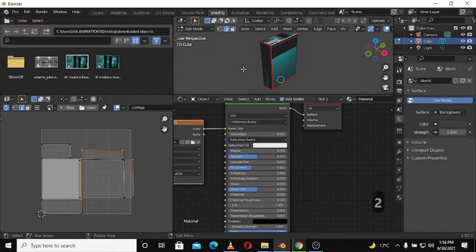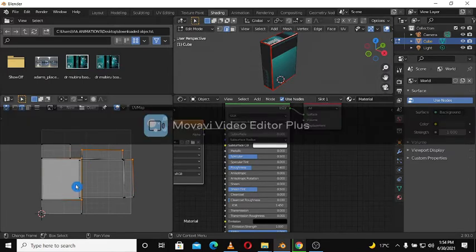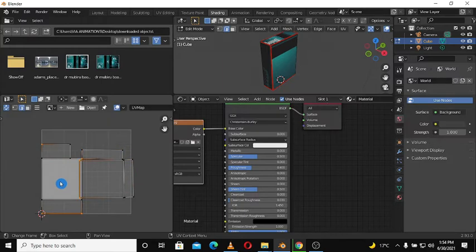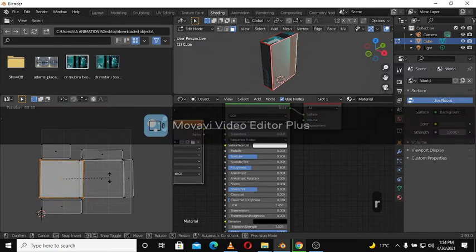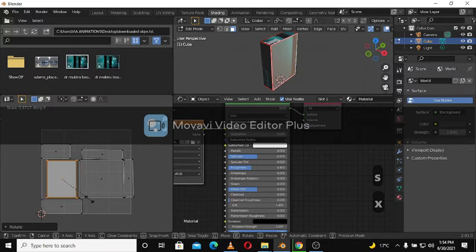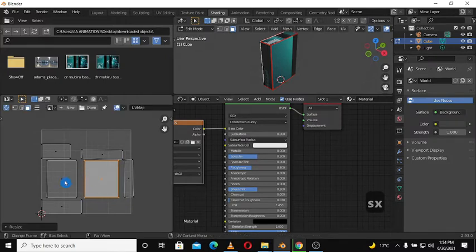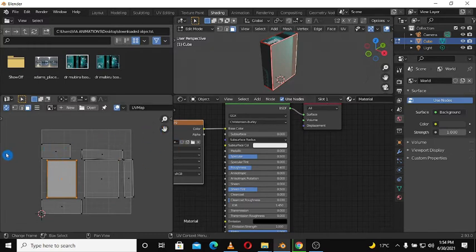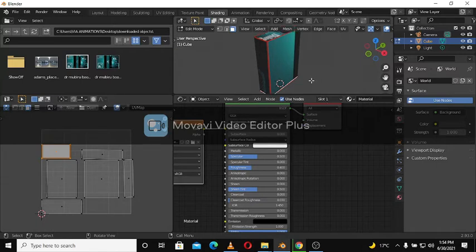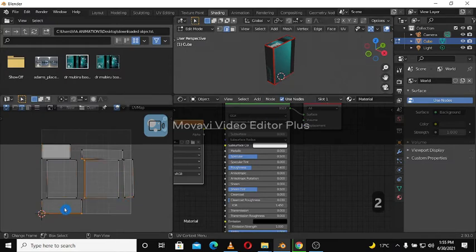So up, this is where up should be. So this should be the bottom. Yes. So